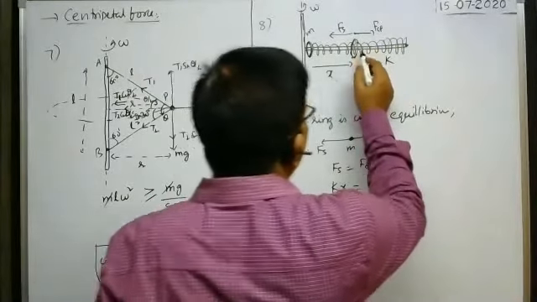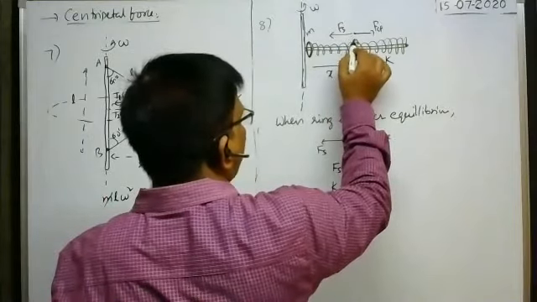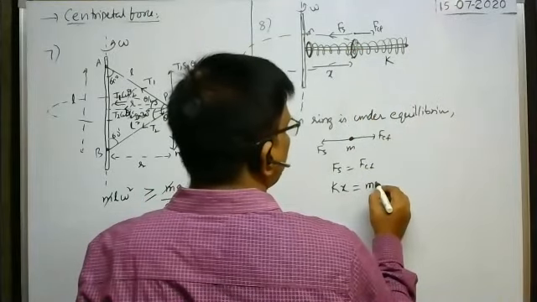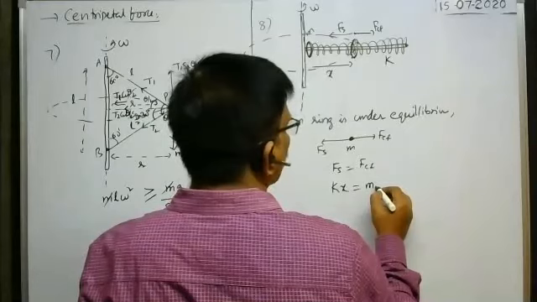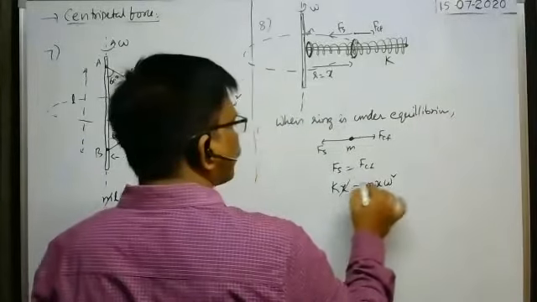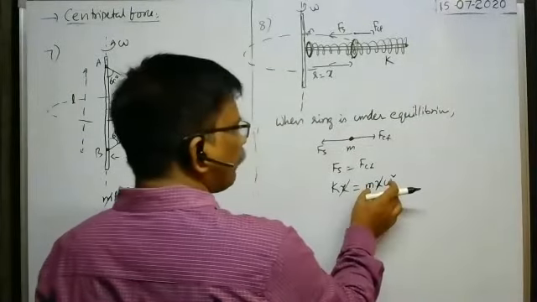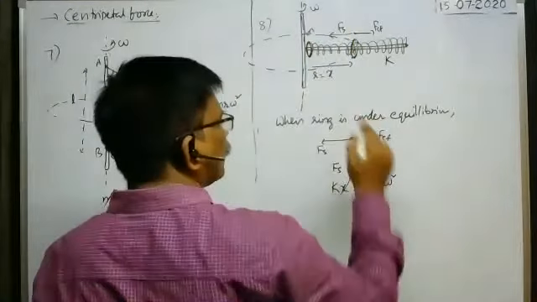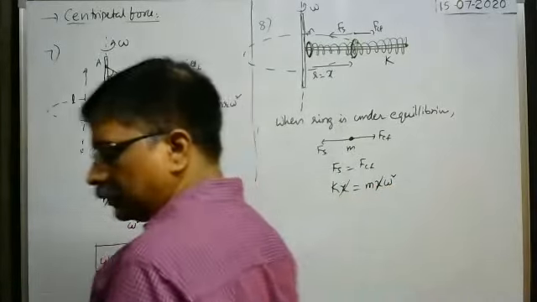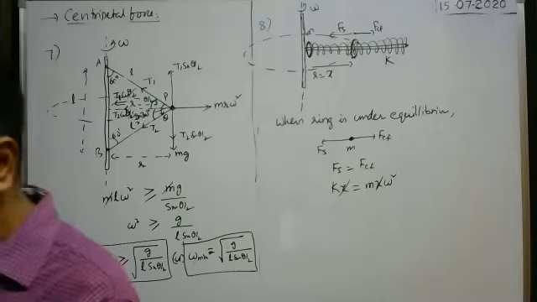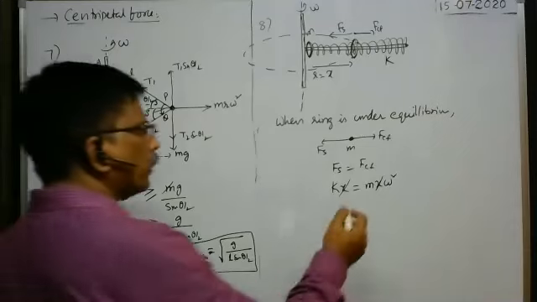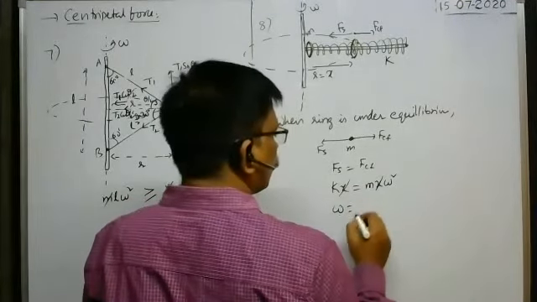As the ring makes rotations, this is the circular path of the ring. That's why m r omega square. This r is equal to x only, no? So m x omega square. Therefore, x x cancel. This is the formula for centrifugal force, because we are given omega. That's why I have written in terms of omega. So k is equal to m omega square. In the question they asked, what about omega? So from this omega is equal to root k by m.